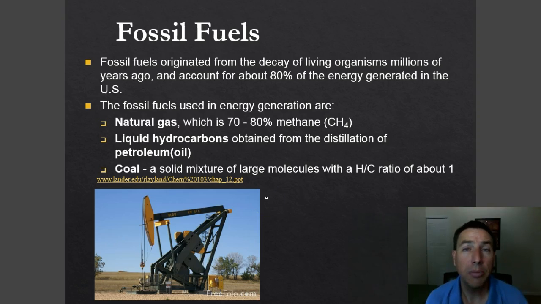The fossil fuels are the biggest part of our energy here in the United States. If we remember right, fossil fuels originate from the decay of long ago plants. On the planet for millions of years, we were covered in lots of swamps and plants grew fairly prolifically. Then something changed and those plants died, they became buried, and over long periods of time with pressure and heat, those became our fossil fuels like oil and coal and natural gas. The carbon that was locked up in those plants from photosynthesis gradually changed chemical form into the hydrocarbons